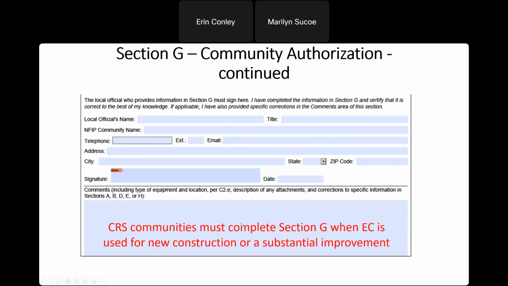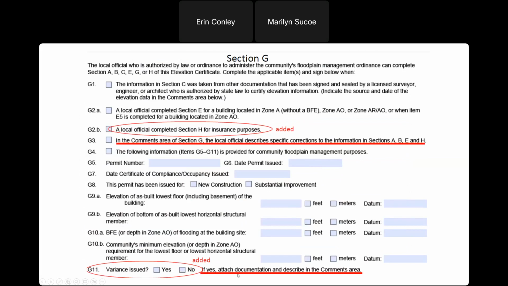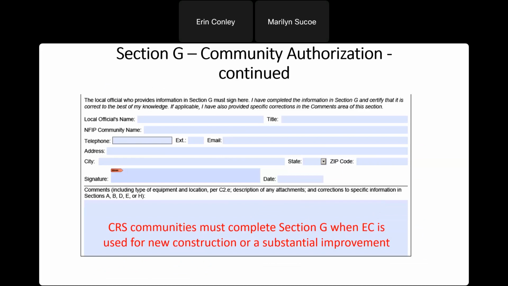If a variance was issued, you would document that here and attach the documentation on why something is being allowed to be built not in conformance. Hopefully it is not to some minimum standard of the NFIP, because that will be quite costly to the property owner. This is where